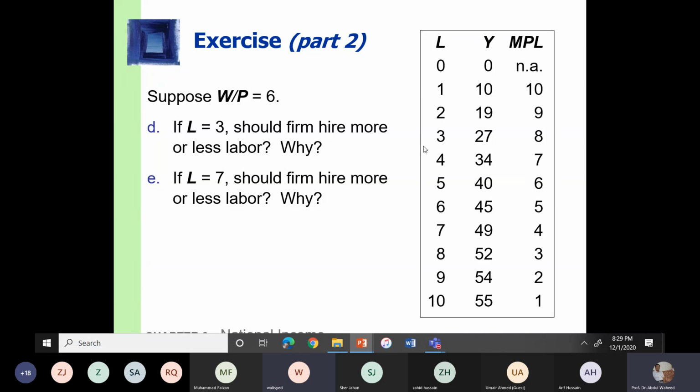सर, वन मोर। नहीं, रियल वेज अगर 8 हो जाए, 6 है तो आप 5 वर्कर हायर कर रहे हैं। अगर ये 8 हो जाए रियल वेज तो आप कितने वर्कर हायर करेंगे? 3 वर्कर, सर। मतलब ये कि रियल वेज जब बढ़ गया तो आपकी लेबर डिमांड पे क्या असर पड़ा, कम हो गई या बढ़ गई? कम हो गई, सर। हाँ, इसी तरह अगर रियल वेज कम हो जाए तो आपकी लेबर डिमांड बढ़ जाती है, ठीक है।